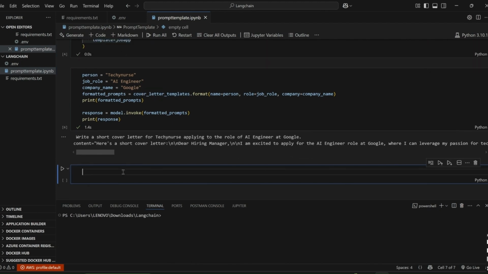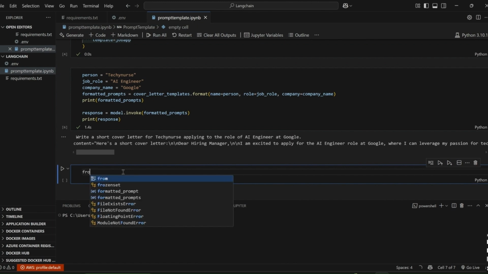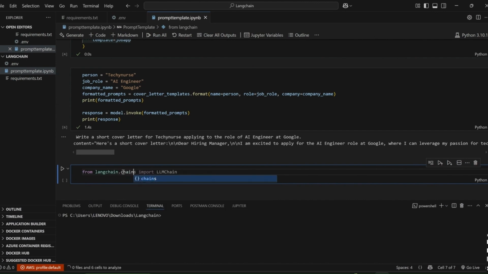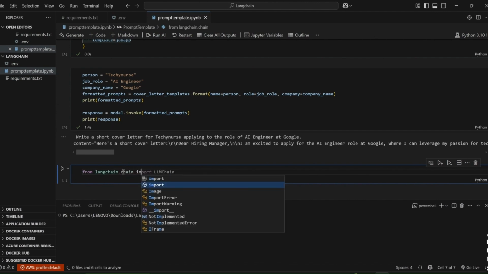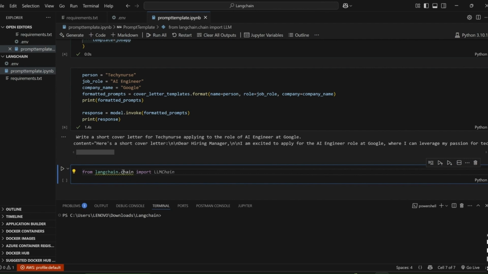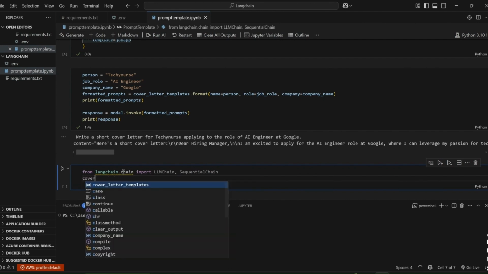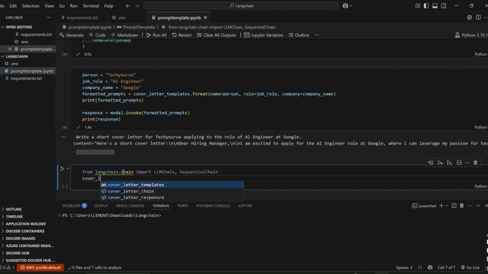So let's go to code now. Let's say from Langchain.chain, import. First of all, we're going to import LLMChain. We're also going to import SequentialChain. Alright. Now let's try and chain the cover letter. Let's say cover_letter_chain